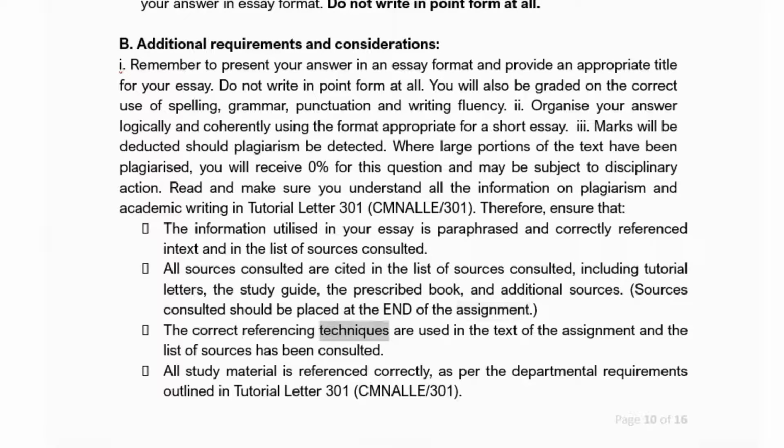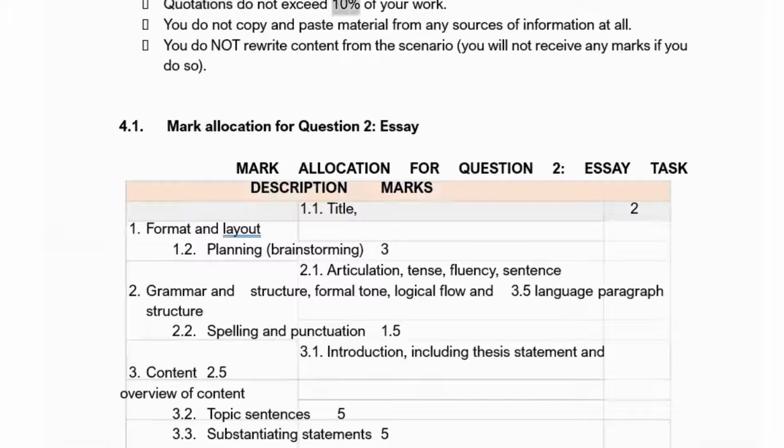The correct referencing techniques are used in the text of the assignment and the list of sources consulted. All study material is referenced correctly, as per the departmental requirements outlined in Tutorial Letter 301. Quotations do not exceed 10% of your work. You do not copy and paste material from any sources of information at all. You do not rewrite content from the scenario.